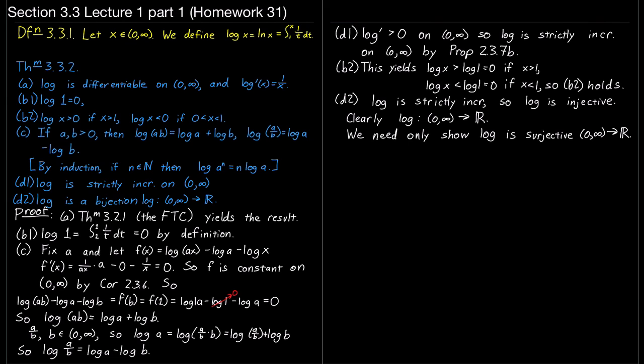So let's prove the logarithm is surjective, and we're going to do this. We're going to pick a real number a, and we're going to prove that a is the logarithm of something. And how we do this, we're going to notice that the logarithm of 2, which is my favorite number, is strictly greater than the logarithm of 1, which is 0. So by the Archimedean property, that is proposition 1.2.6 in your book,